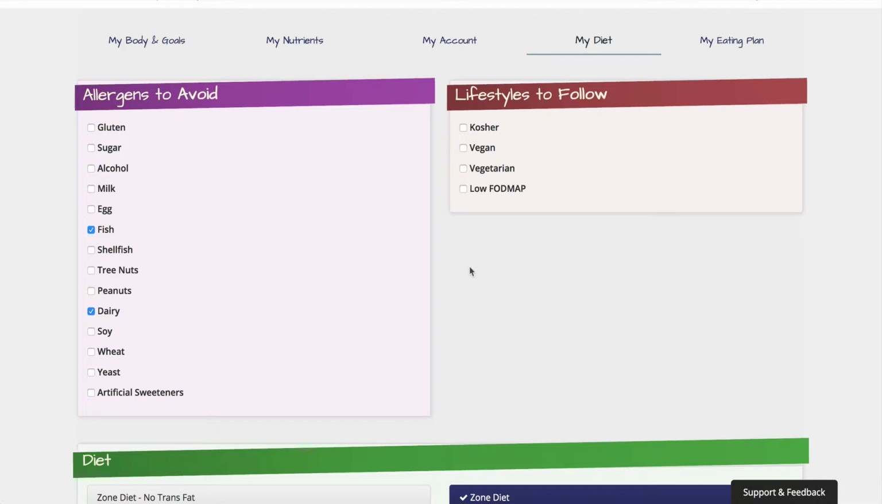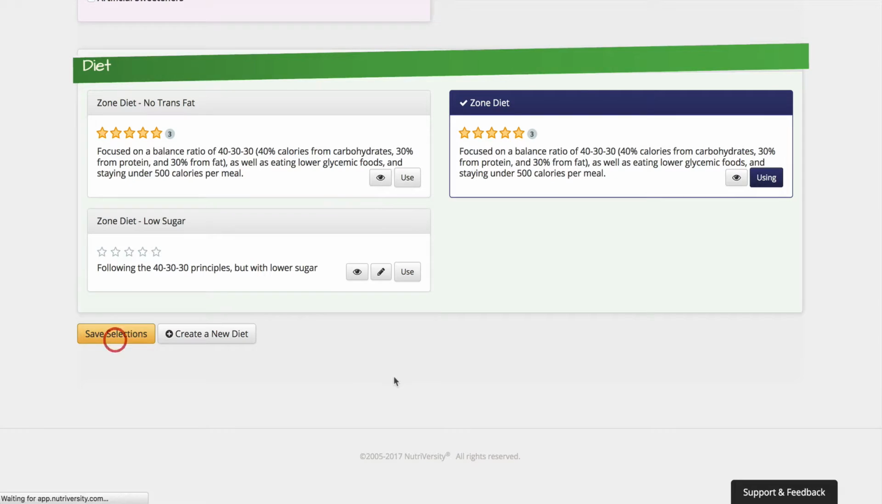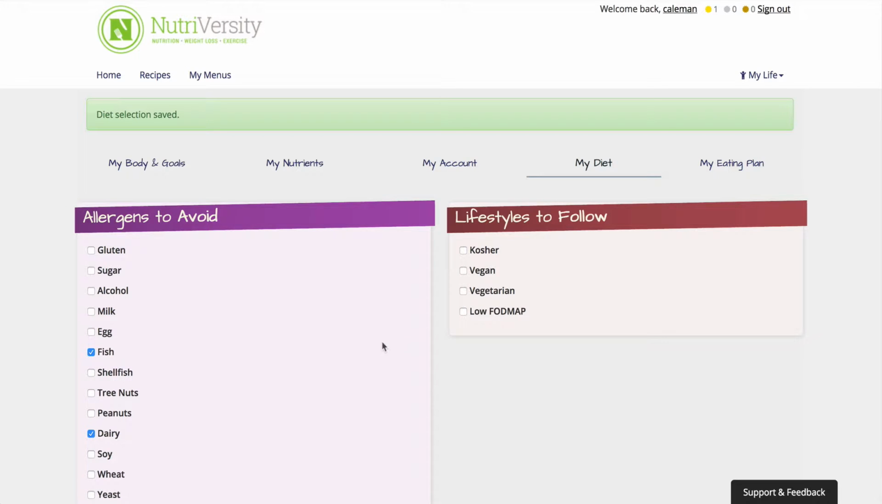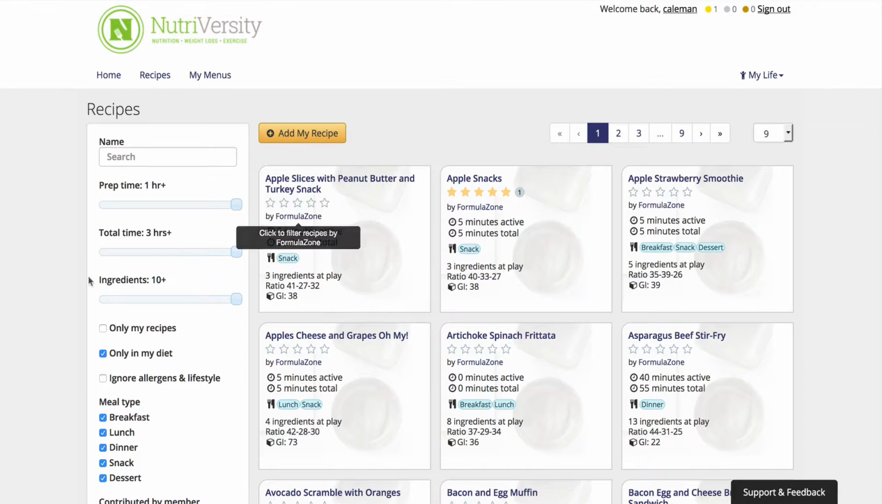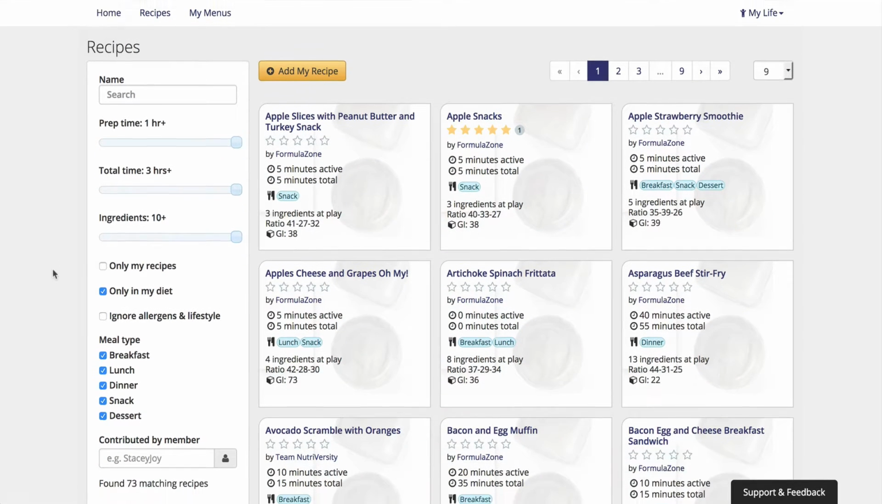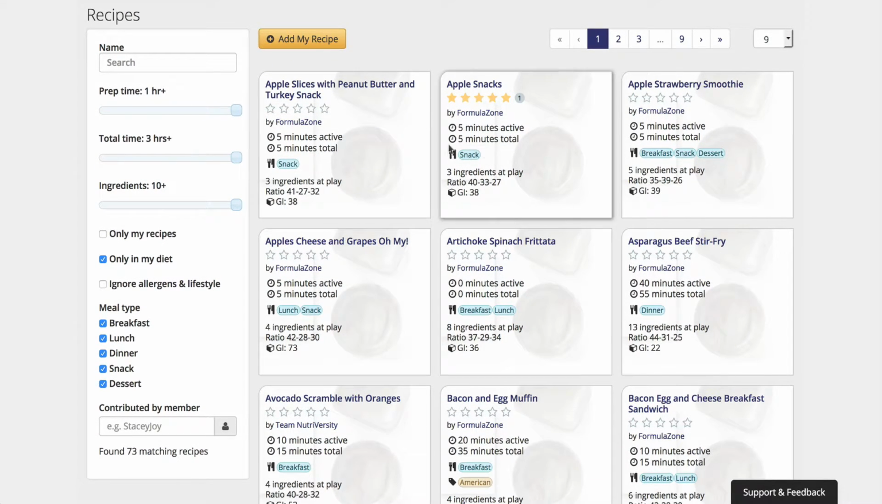So for the sake of this conversation, I'm going to go ahead and just leave fish and dairy checked. I'm going to come down and choose Save Selection. And then we're going to go back to the recipe page. And here you will see that it is limited now to the recipes that are within the diet that we've chosen. I chose Zone Diet, and